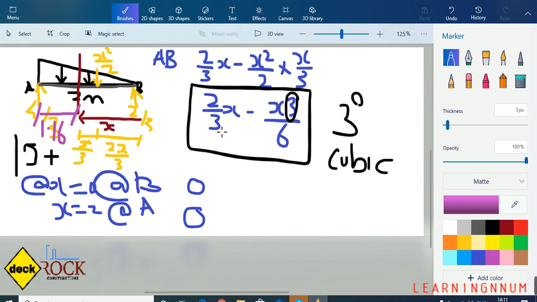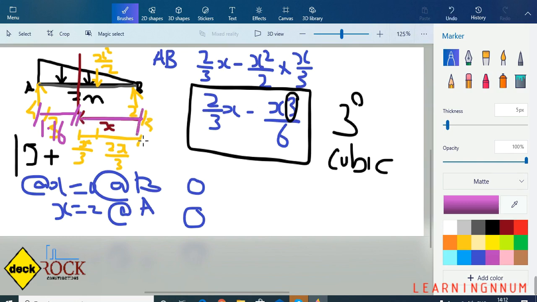So we have to put x equals to 2 minus 1.16, because this x distance is from B, not from A. If it was from A, then we would have simply put 1.16 meter. But we have to consider the right side distance from A of the zero shear force value, because this equation corresponds to the right side loading, right? Yes, sir. So we need to put the value of x as 2 minus 1.16.